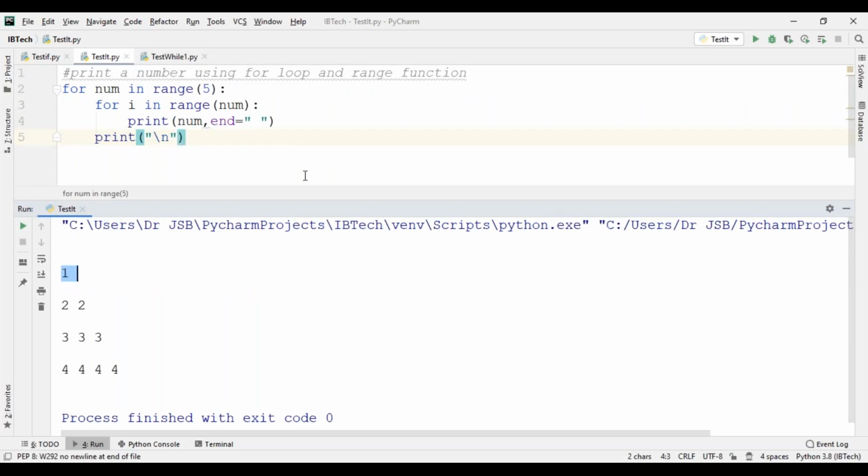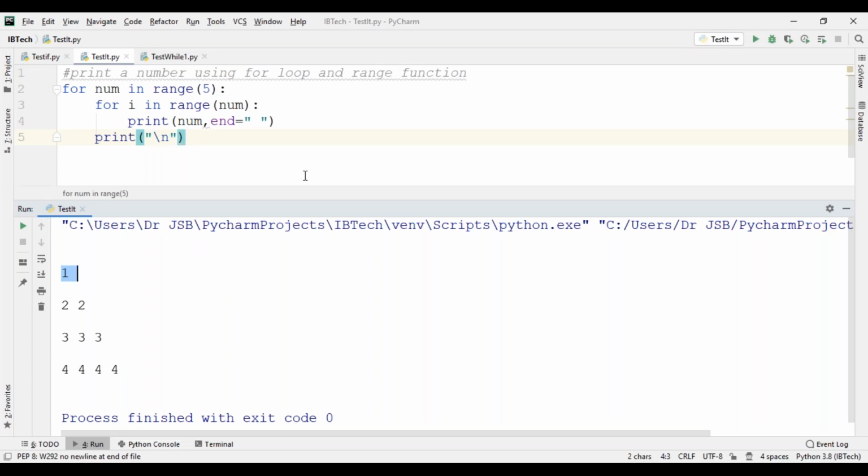For the given num in range of 5, range will give you n minus 1, Amma. Please kindly cooperate, kindly understand the point. The given range 5 means up to 4 only we can take into consideration. For i in range of the given number, how many times do we require it to display? First one is one time only. Second time two times only. Third time 3 times only. Four times only. Each and every time print backslash n, in the sense next line.